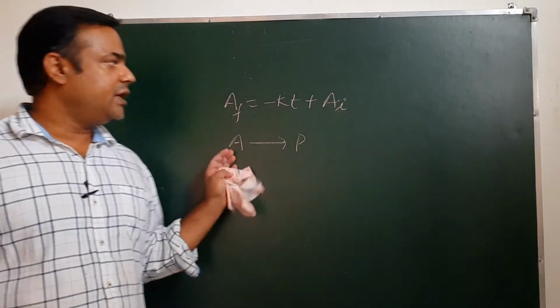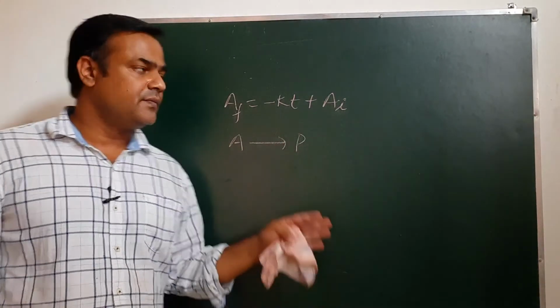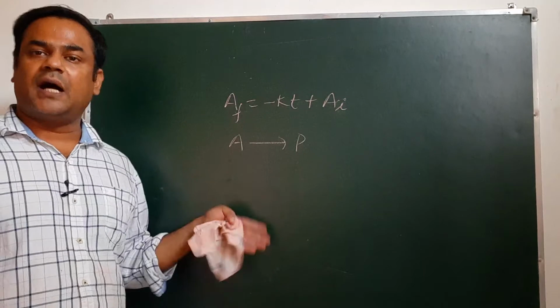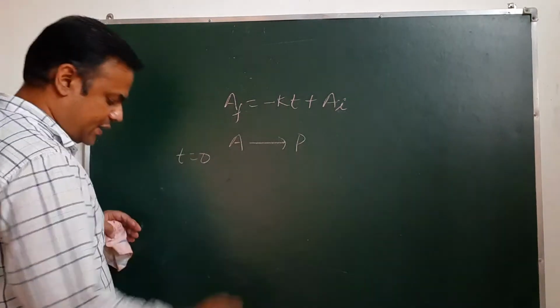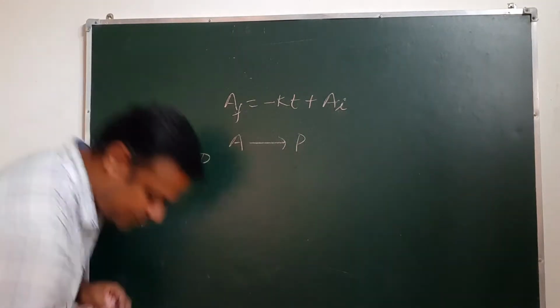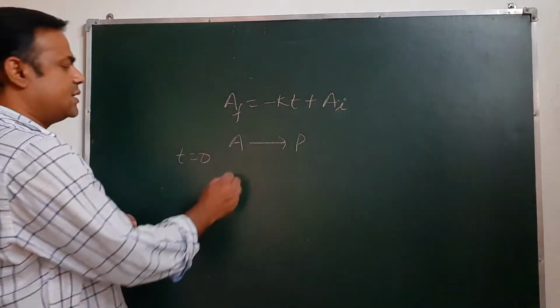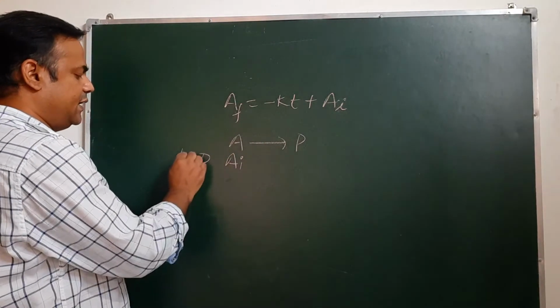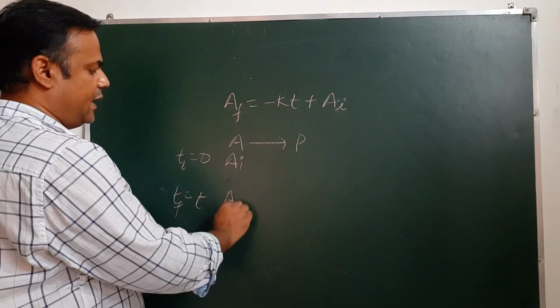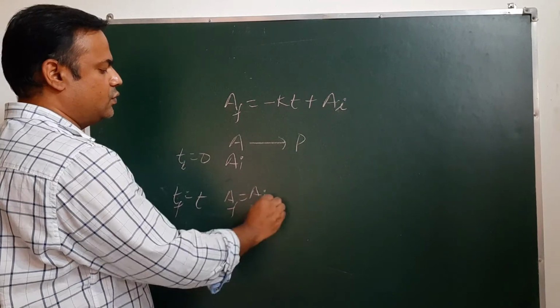In zero order reaction, concentration will reduce to half of its initial concentration. So at T equals 0 the concentration is A initial, and at T final equals T, A final is A initial by 2, then